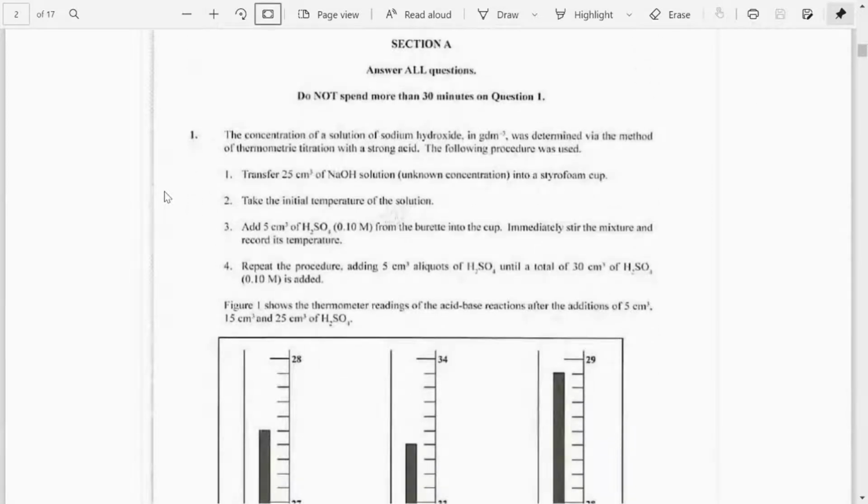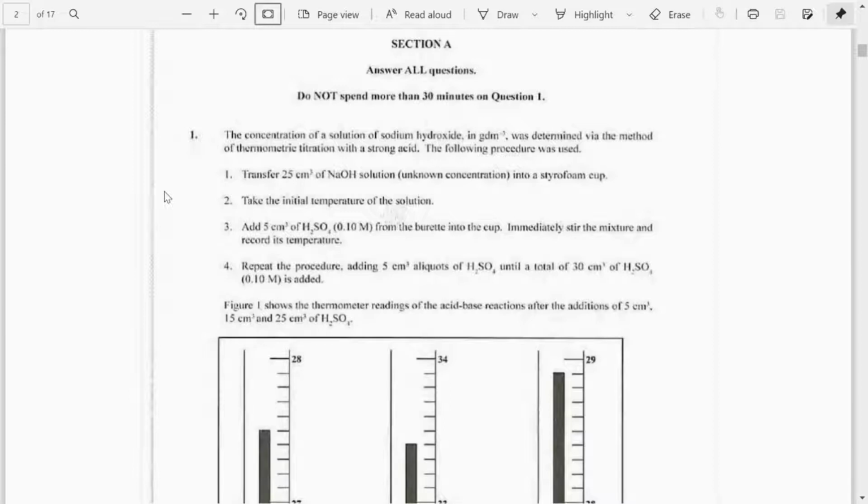The first question is, the concentration of a solution of sodium hydroxide in grams per dm cube was determined via the method of thermometric titration with a strong acid. The following procedure was used. First, they transferred 25 cm cube of sodium hydroxide solution, unknown concentration, into a styrofoam cup, took the initial temperature reading of the solution. Then they added 5 cm cube of sulfuric acid, 0.1 molar from the burette, into the cup, immediately stir the mixture and record its temperature. Then they repeat the procedure, adding 5 cm cube aliquots of sulfuric acid until they added 30 cm cube in